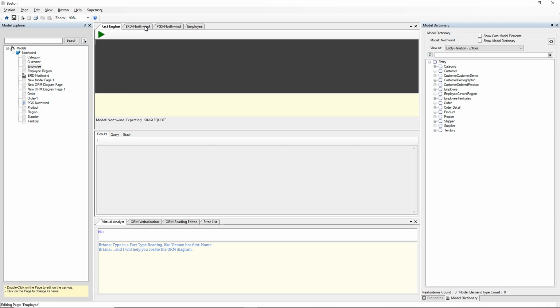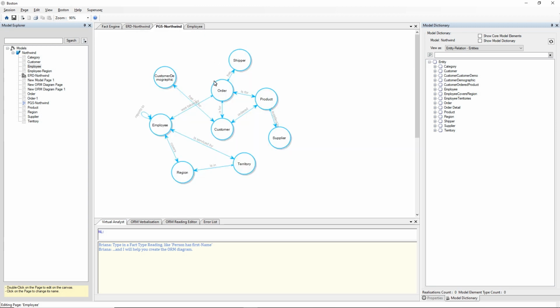Now, those familiar with the Northwind database, it's a database for capturing information about orders placed by customers for products, and where a product has a supplier, and where an employee took that order, and orders were shipped by a shipper. Customers have customer demographic, and employees service territories that are in regions.